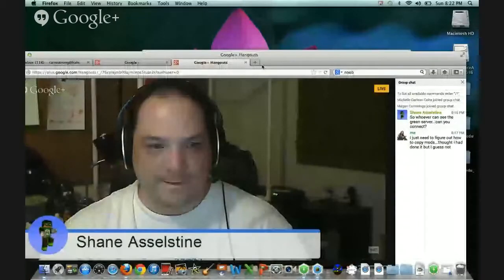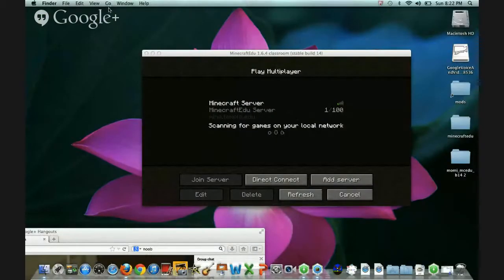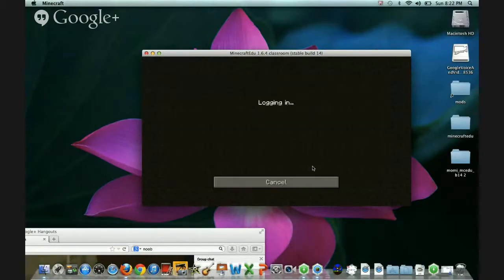Okay, are you seeing it? Yep. So when you double-click that, what happens? When I double-click this, say I try to connect, it's telling me the same thing you guys were saying, but the mods aren't loaded. Oh, okay. So close this. Just close the whole thing. Close it all the way.